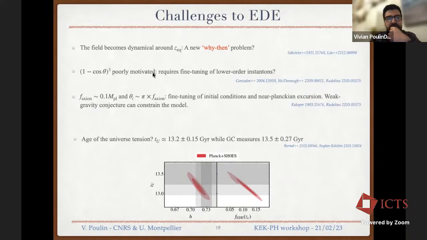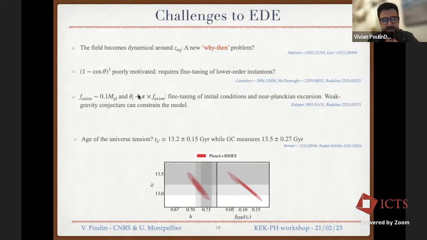The other problem, of course, is the potential that we've used. I have not said it explicitly, but the potential index that is favored is around 3. That is, of course, not very well motivated, and it requires at face value some sort of fine-tuning of instantons if you were to take this potential coming from instanton expansion. But there is also a lot of interesting work in trying to understand whether these sorts of models can be generated in string theory, and progress is being made. But of course, you could just look at different models altogether.